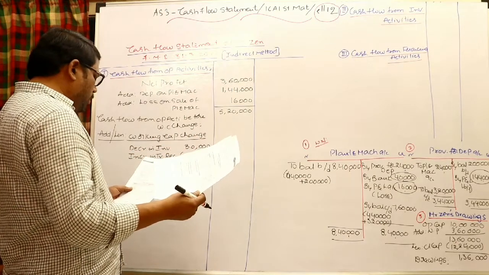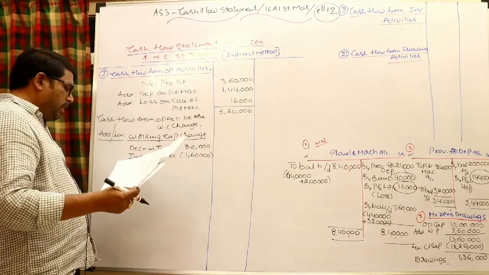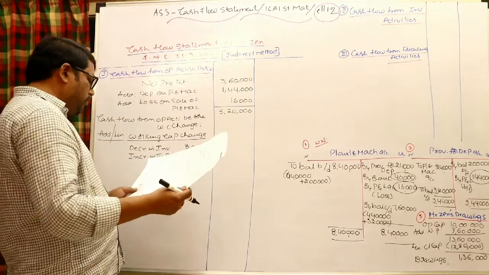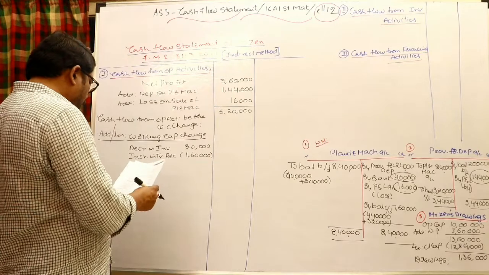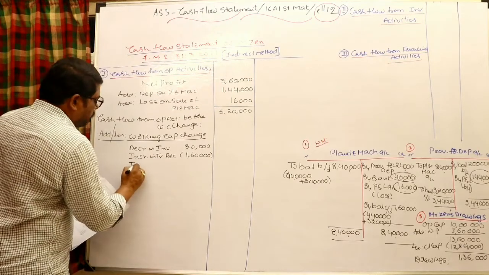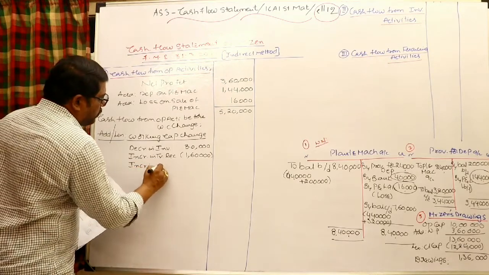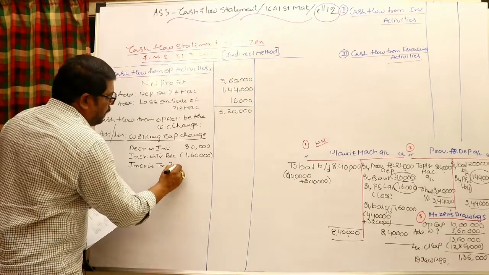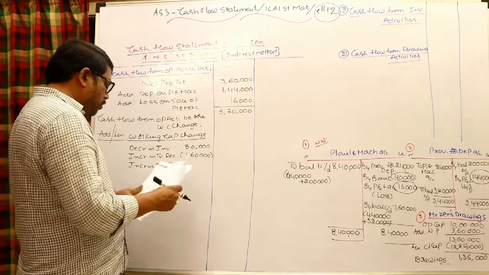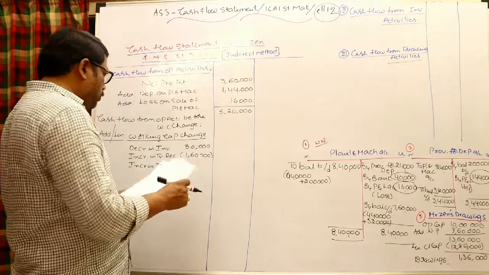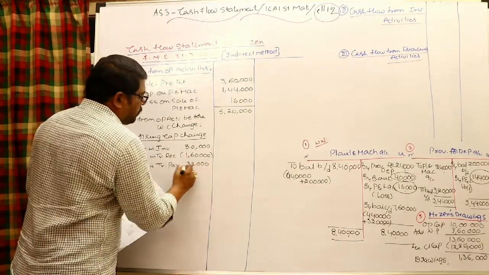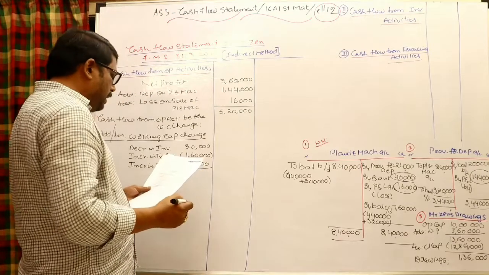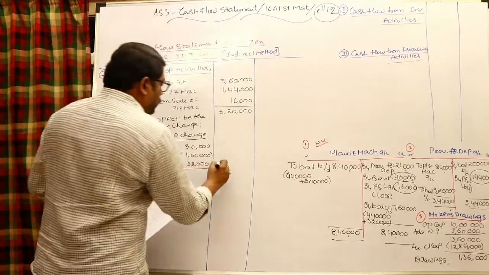Come back to the only one current liability. Opening 3,20,000 trade payable, closing 3,50,000. Current liability increased, which is inflow. Increase in trade payable, which is inflow, and that is by 32,000. Okay, write the net amount in the outer column, 48,000.